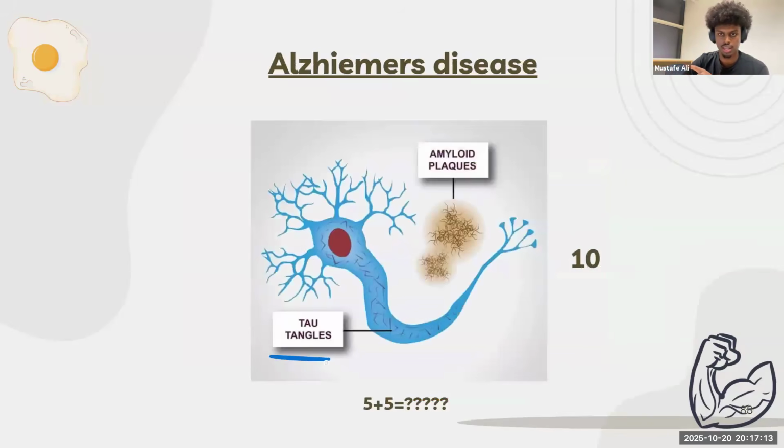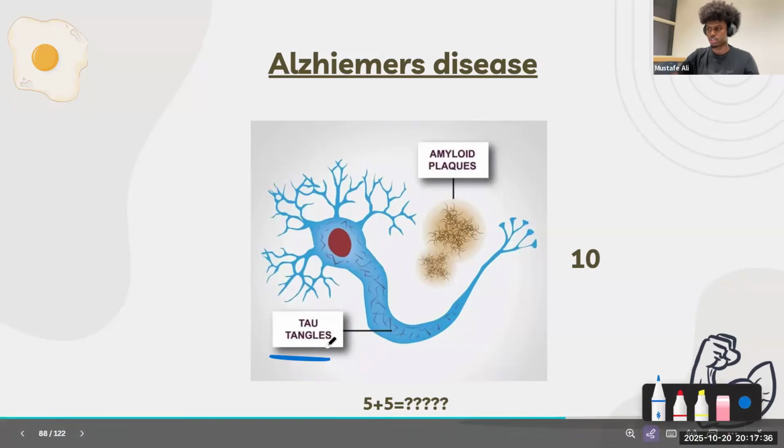So are you talking about this slide, Lamar? So this slide, I'm just basically reminding you guys that there are two things that happen in Alzheimer's disease. There are the amyloid plaques that form, and we talked about why they form, and there are the neurofibrillary tangles that form. Okay?